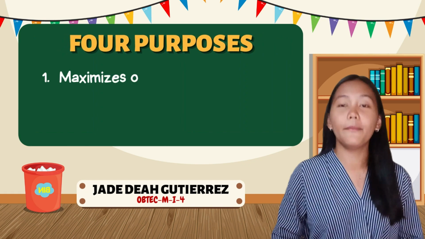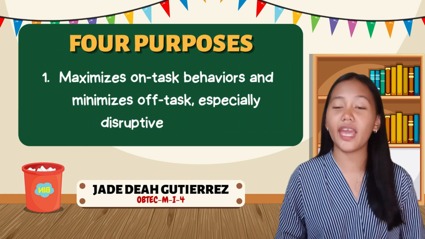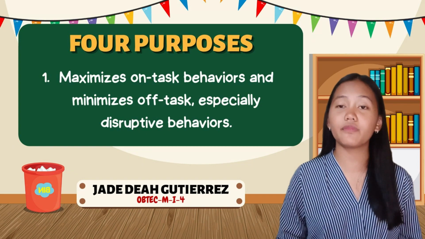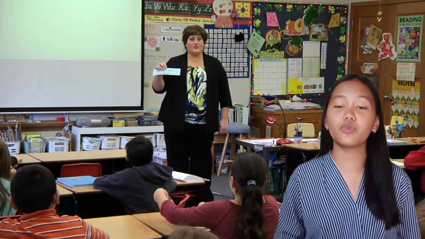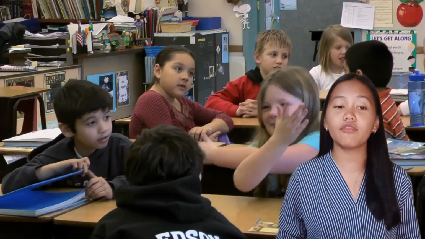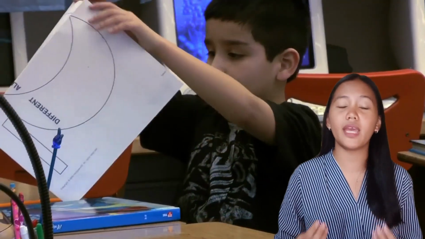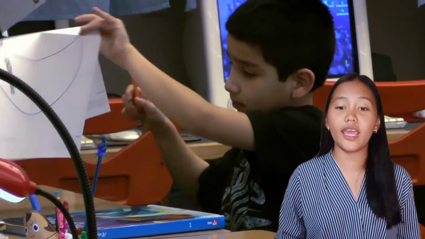First is maximizes on-task behavior and minimizes off-task, especially disruptive behaviors. This necessary standard of conduct in the classroom should aim to create an environment conducive to learning. By establishing rules that promote on-task behaviors and minimize distractions, such as prohibiting disruptive behaviors, teachers can create a focused